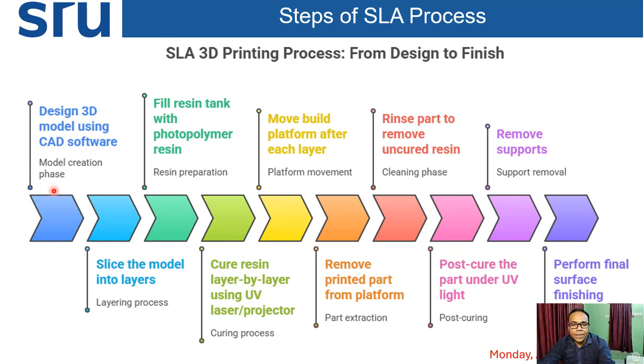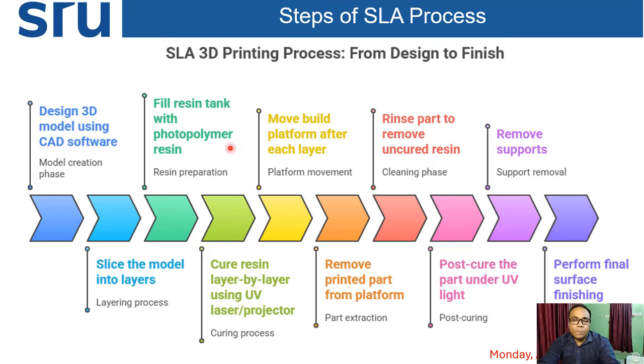Once the CAD design is ready, it will be sent to the slicing operation, where the layer upon layer division will take place. The solid model will be sliced into different layers, so that layer by layer building will take place. Each layer has 0.1, 0.2 or whatever layer thickness you define during the slicing operation. The part will be divided into that many slices of that thickness. After that, the slice information will be sent to the machine, and in the machine layer upon layer building will take place. Before that,